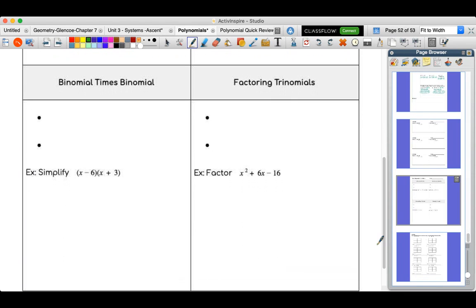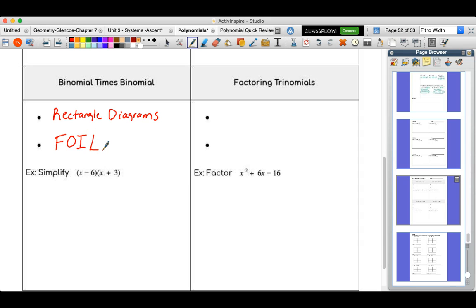Next, we're going to go through a binomial times a binomial. So 2 terms times 2 terms. And when we're doing this, remember we have a couple options. We can either use rectangle diagrams to multiply, so rectangle diagram, or you can use FOIL